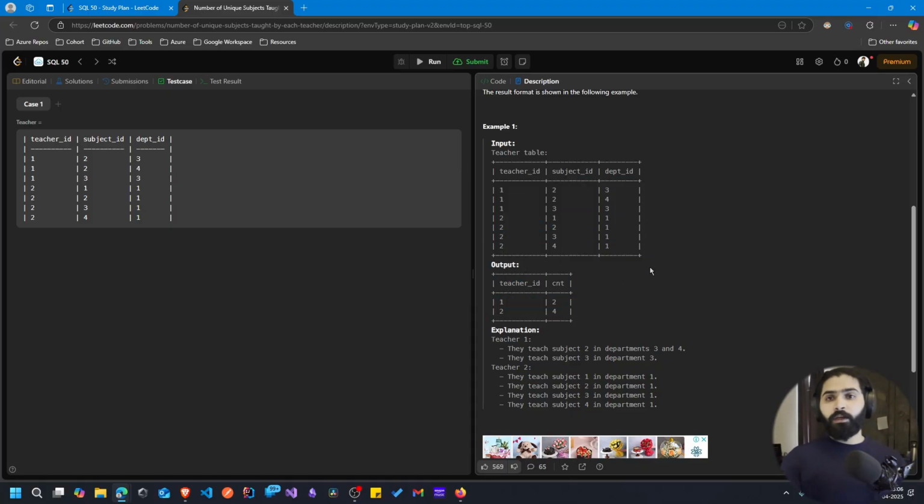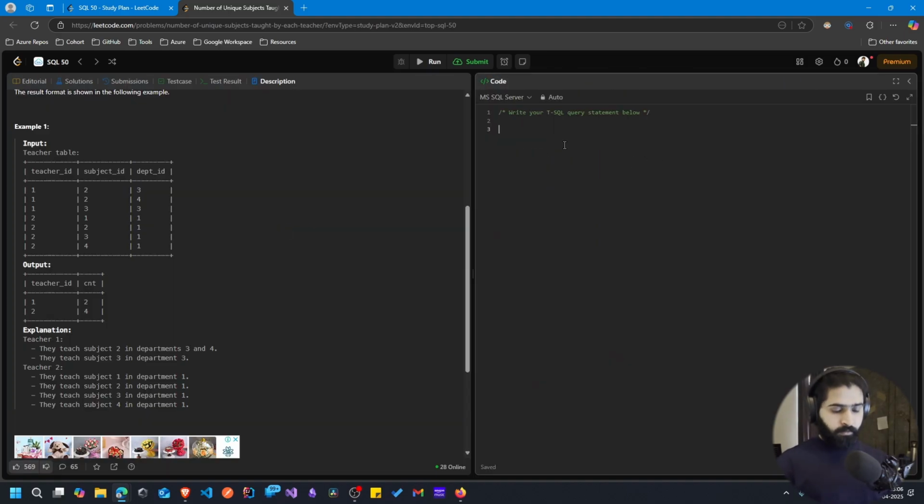So what do you think? This is, I think, super simple. So what we can do, sorry, we can use select, and what we have to select is the teacher ID, comma, we can count, let me write in caps, DISTINCT,